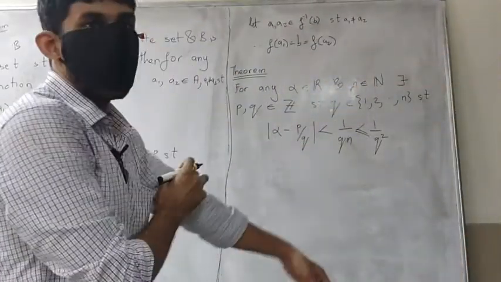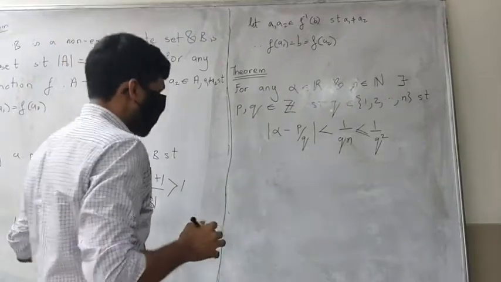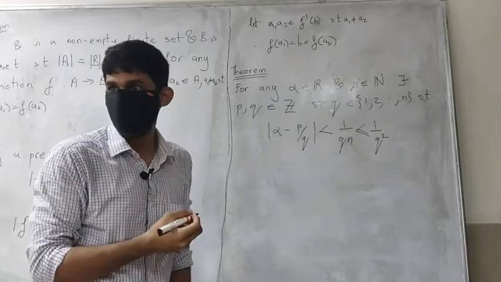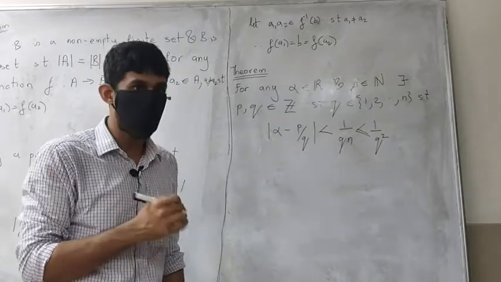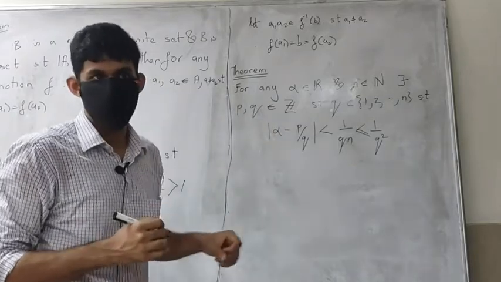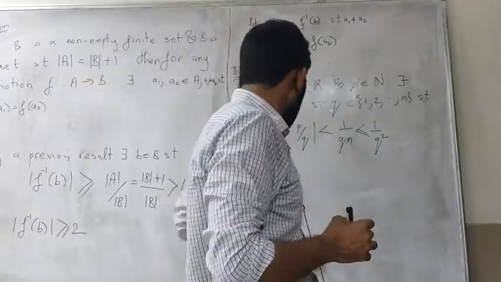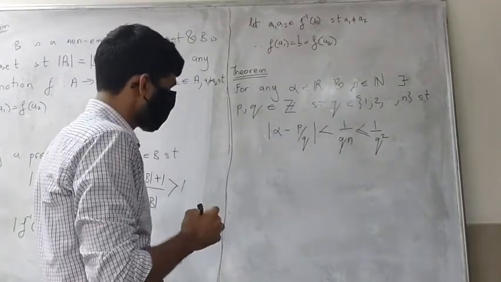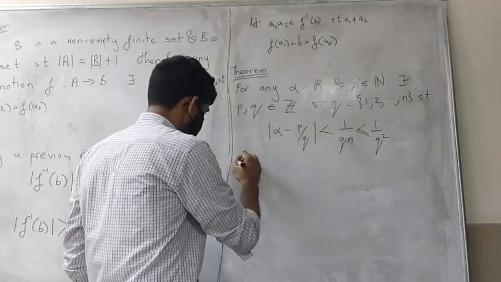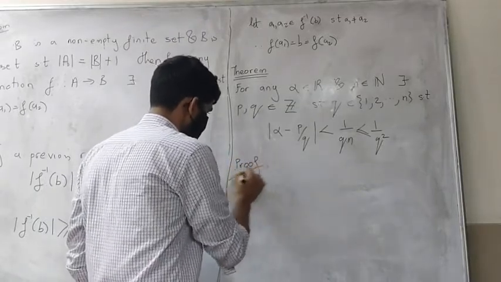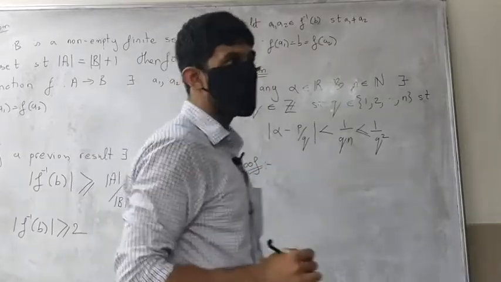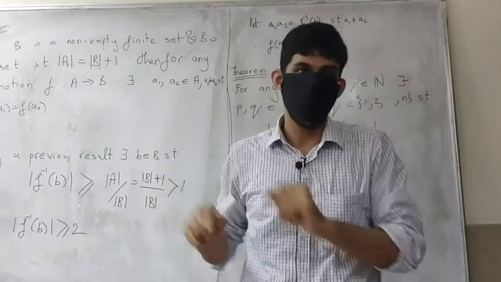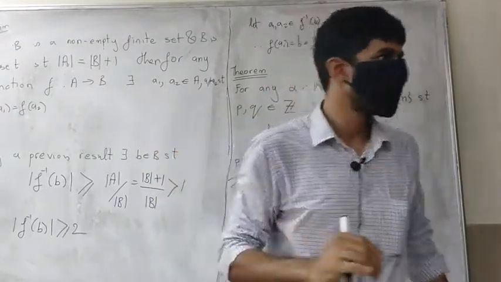Okay, so the technique is very interesting. You would think I would use a heavy amount of real analysis here, but I'm not going to. I'm actually going to use the pigeonhole principle to prove this. The way we do that is we split the interval 0, 1 into subintervals of length 1 by n.